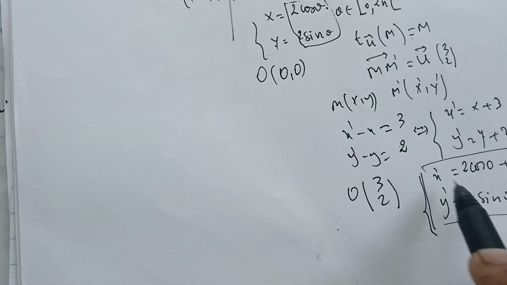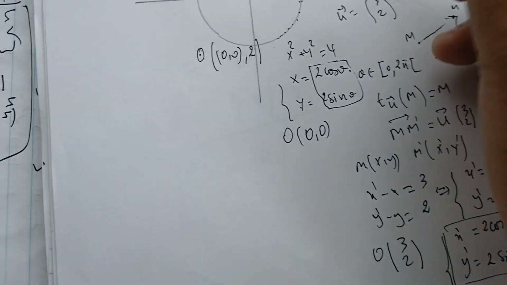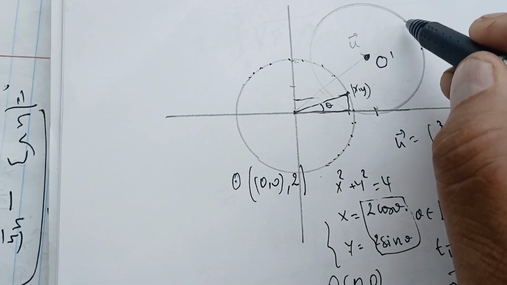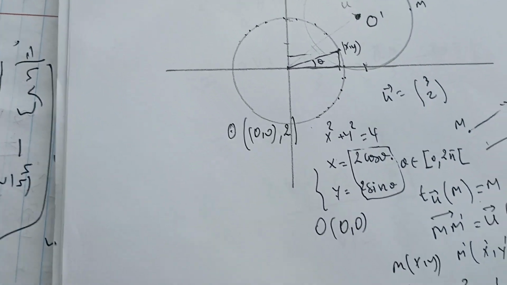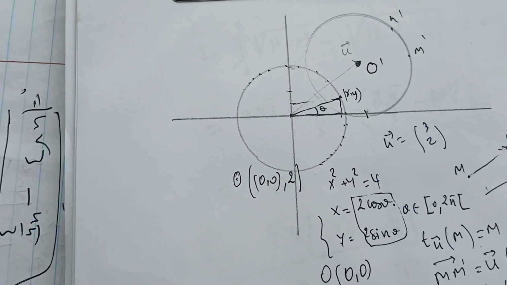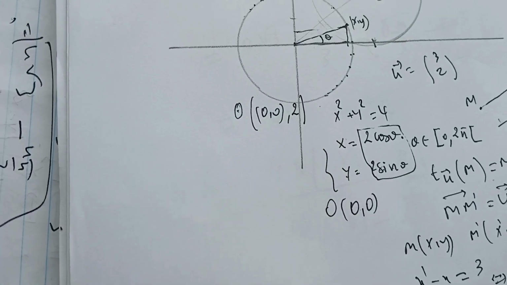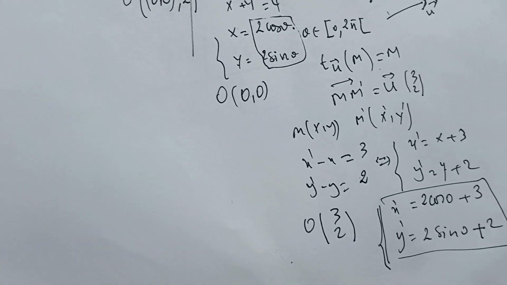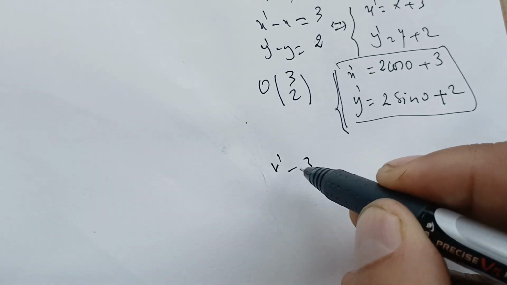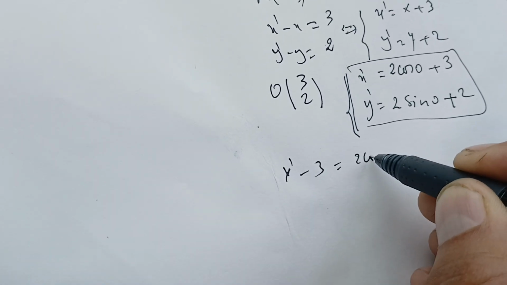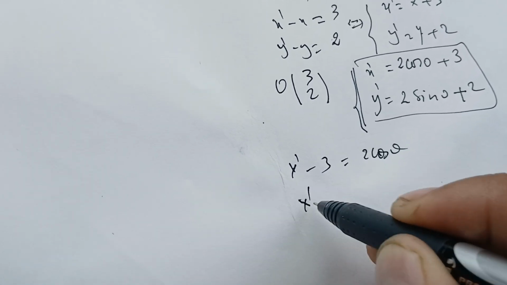So I have the radius, I have the origin, I have the points, M primes are along this circle here. Now we can check that my circle has the same radius. So what I'm gonna do is take the 3 to the left. So I'm gonna have x prime minus 3 equals 2 cosine theta, and y prime minus 2